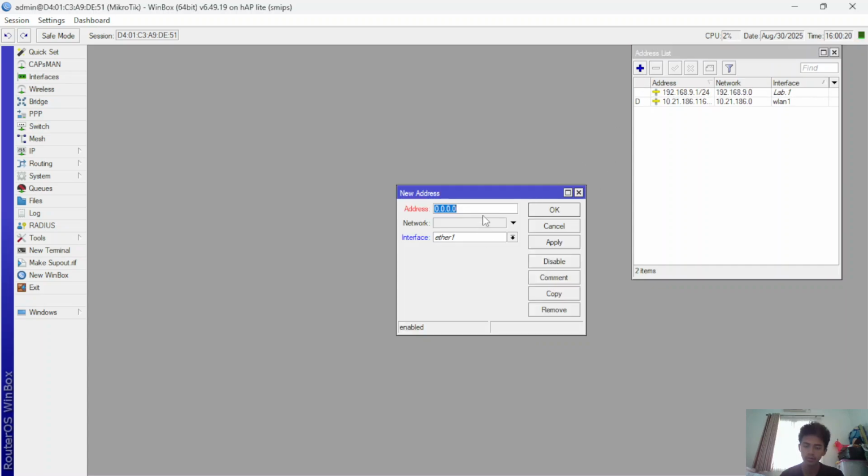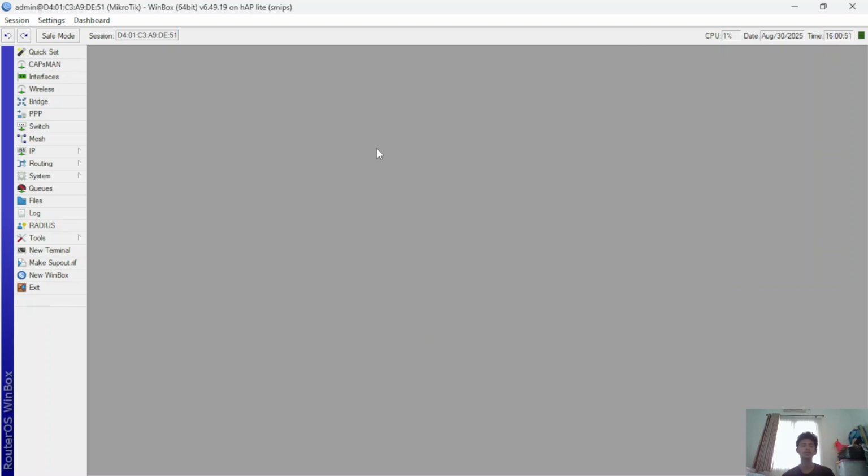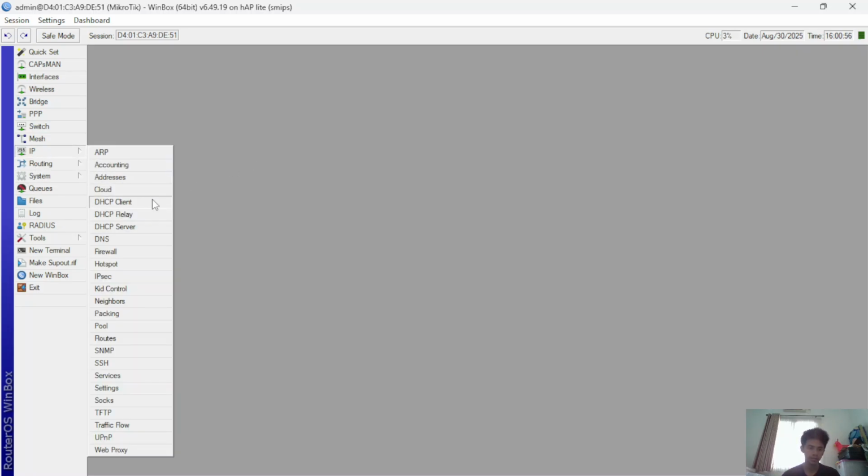You can create one more for the other VLAN. Be careful, the address must not be the same as lab 1, with VLAN 1, okay. This is VLAN 2, apply, okay.